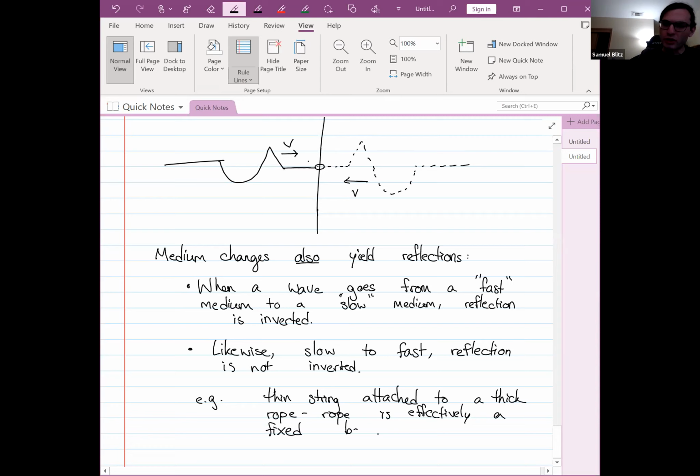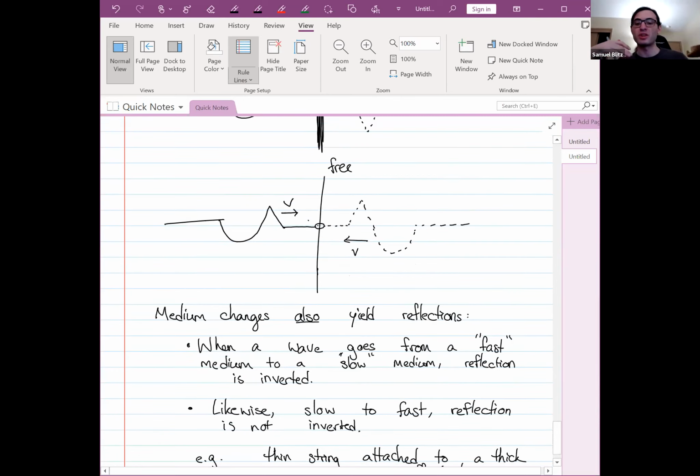So to answer your question, or to explain it, when I say fast medium, I just mean that the wave speed is faster in one medium than it is in the other medium. So like the wave speed in a guitar string is significantly faster than the wave speed in like a naval rope because the mass is smaller. And remember, the wave speed is the tension divided by the density. So if the density is smaller because it's thinner, this is linear mass density, then the wave speed will be much bigger. Yeah, this is precisely like light going from air to water, and